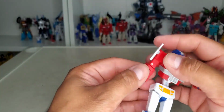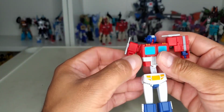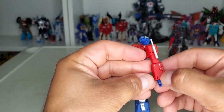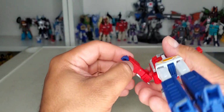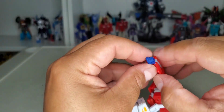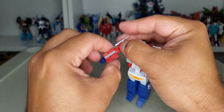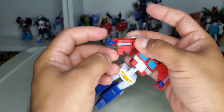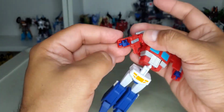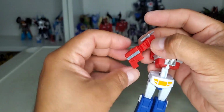I'm sorry. I'm going to rotate this arm like so. Alright, then we're going to find the little, I think it's on this side, yeah. You're going to flip this up like so. And you're going to rotate it up like so. You're going to rotate the hand in, palm up, like so. And then